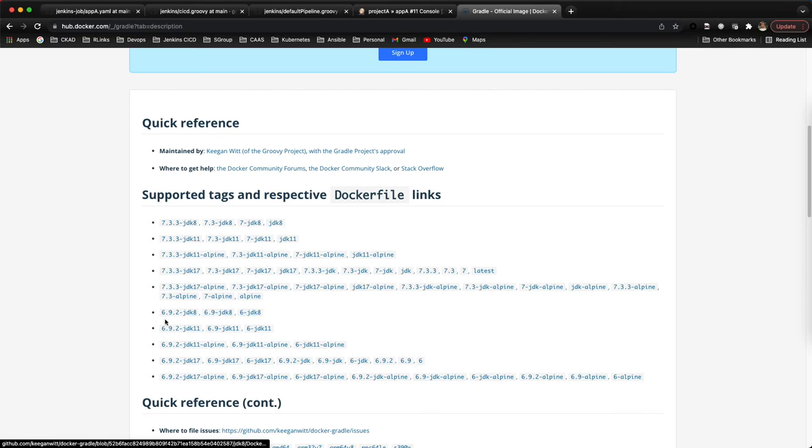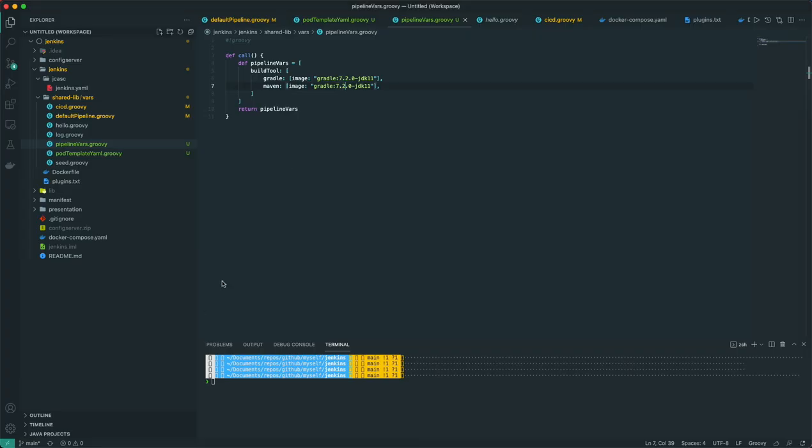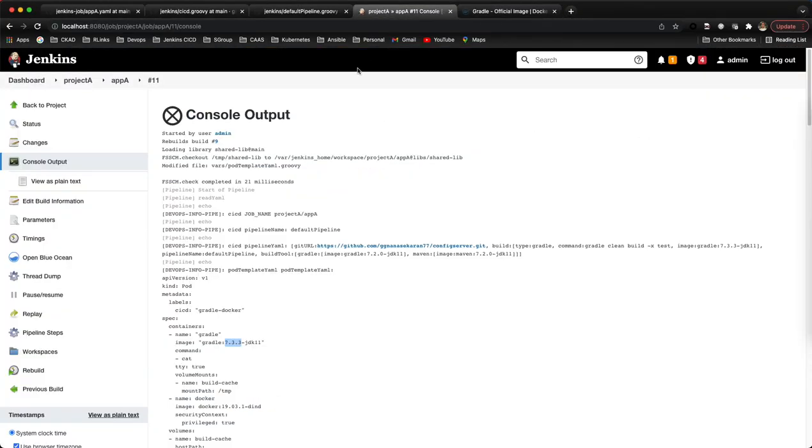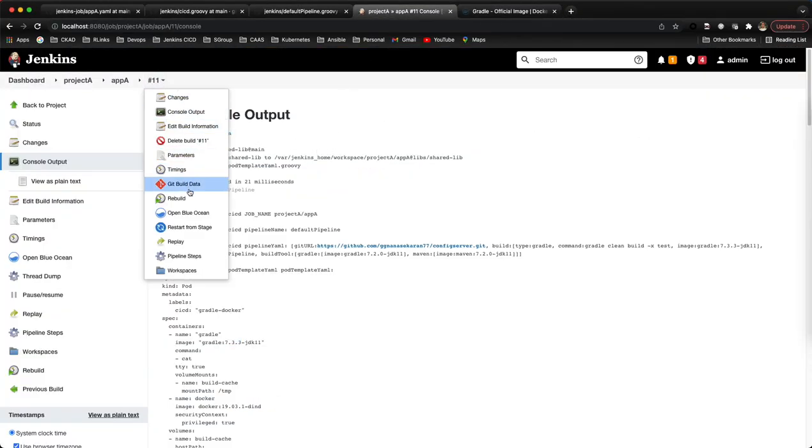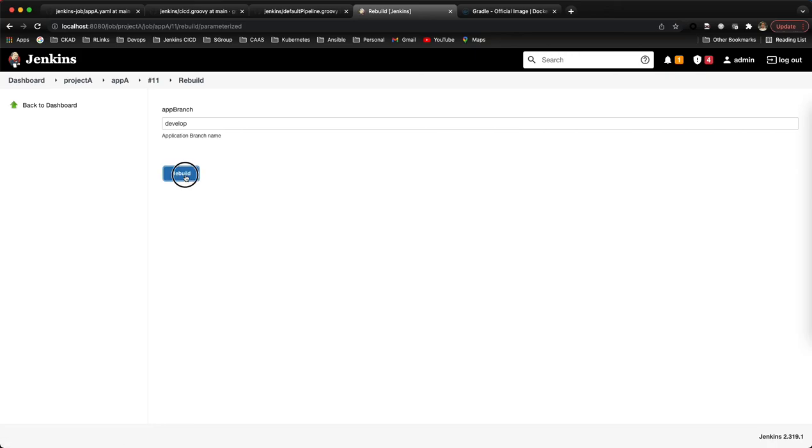We have 6.9.2, we'll take that one for JDK 11. 6.9.2 will run now. Let's do a rebuild.